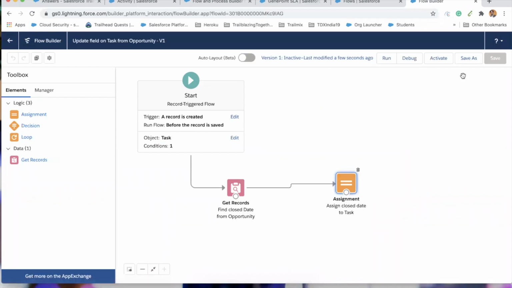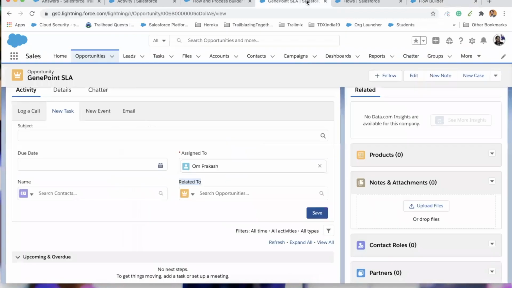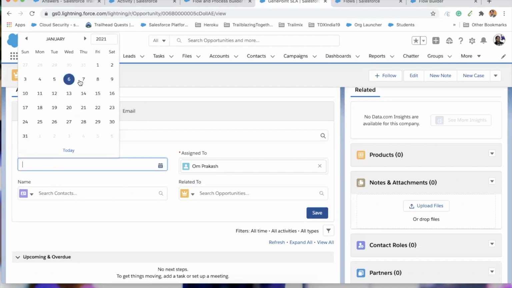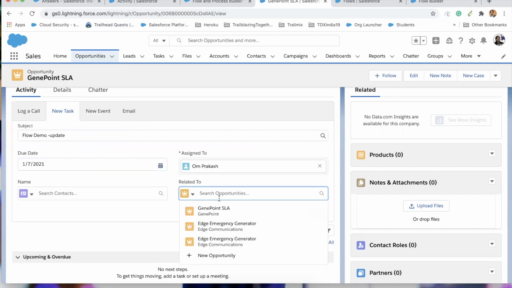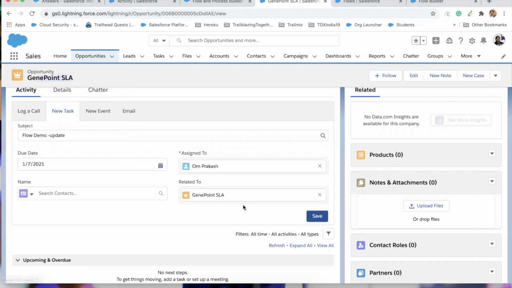Let's activate this flow. Let's go for quick testing. I am on the opportunity record already. Give a name, flow demo. Give anything. I have cleared this; by default, it will be here, this current opportunity.